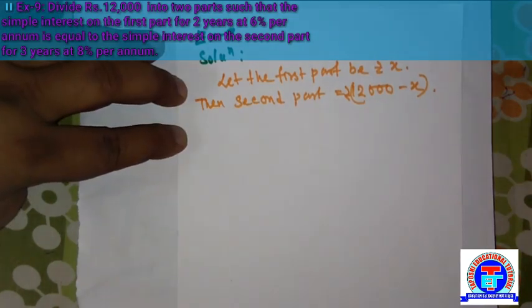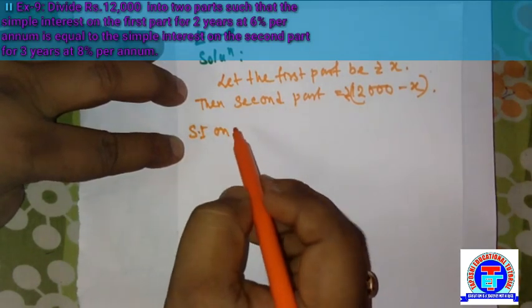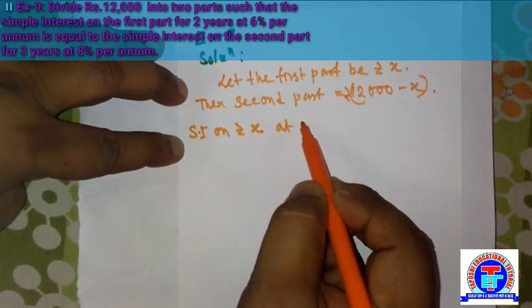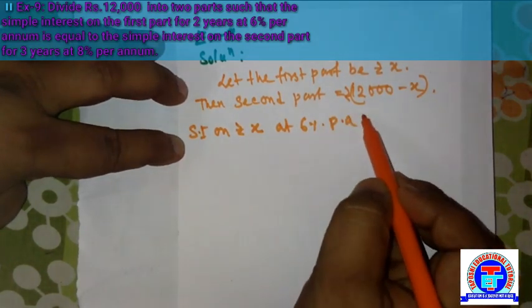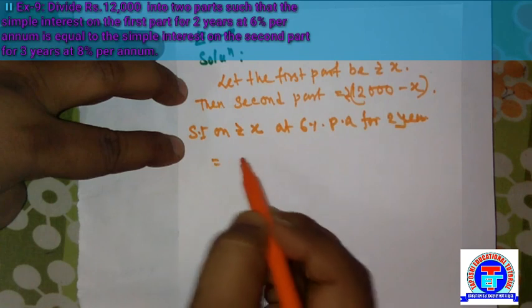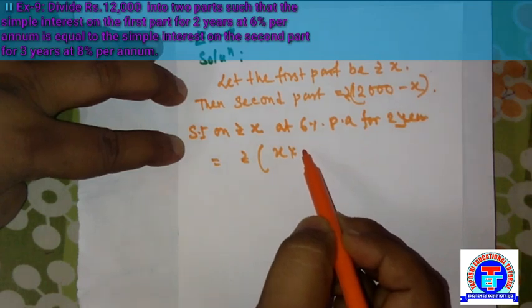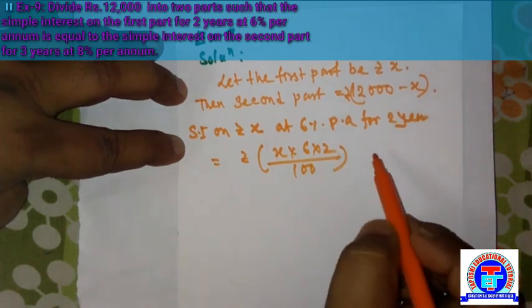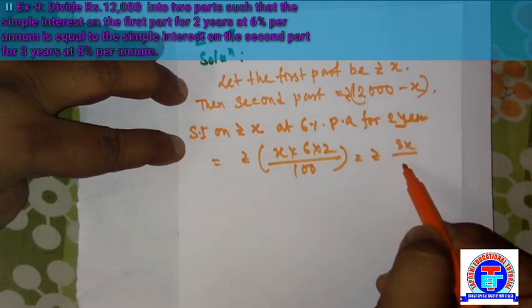Now first one, simple interest on rupees x at 6% per annum for 2 years. We write rupees x into 6 into 2 divided by 100. That means it will become rupees 3x by 25,